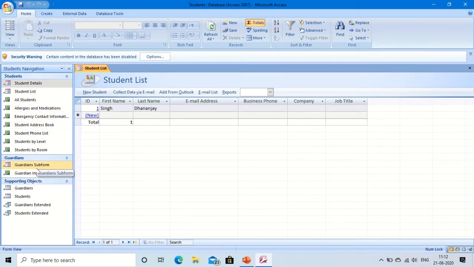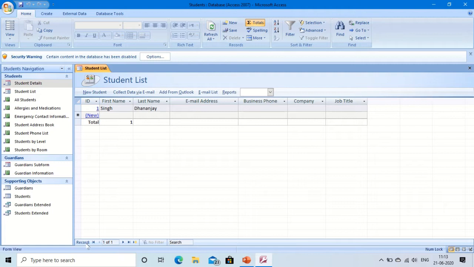The navigation pane displays the list of database elements like tables, forms, reports, which we have already created. You can see this is a form, this is a report, so you can see some objects which we have created displayed in the navigation pane. Just by clicking you can open it. This is known as the status bar. You can see this is a status bar.